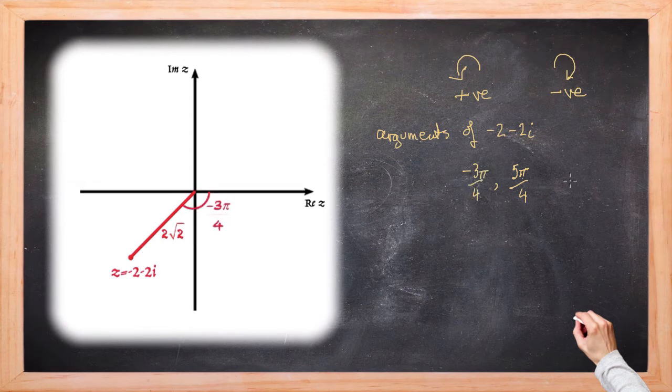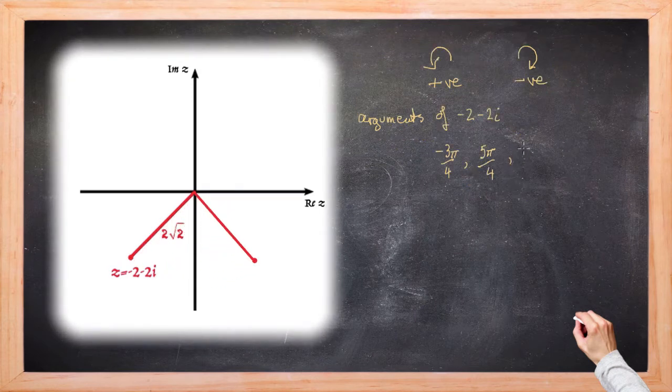Now suppose we're at the 5 pi upon 4 argument, and we could choose to add 2 pi to that. That's another 8 pi upon 4 added on, or we could be at the negative 3 pi upon 4 for the argument and go in a clockwise negative rotation direction by 2 pi to get another